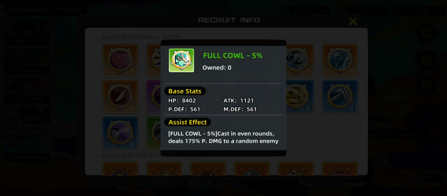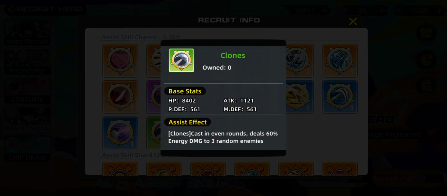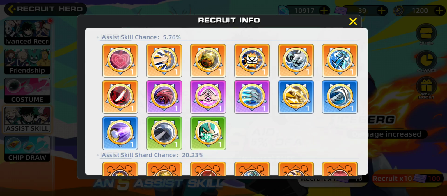Basically what it does is it gets cast in every round again because of that issue, and it just deals 175% P damage to a random enemy. That's it. And then we also have Clones, which is pretty similar. The only difference being it deals 60% magic damage, or M damage, to 3 random enemies, and it's not that